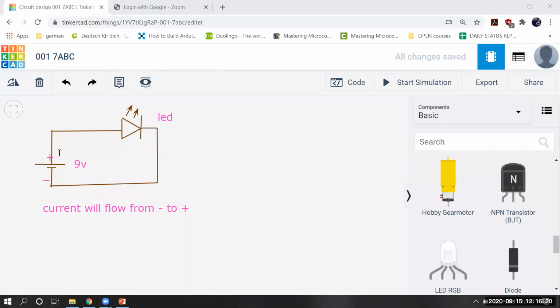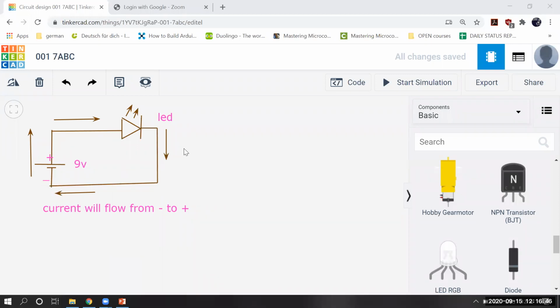It will go like this. Negative is here, so it will go in this direction, then this direction, then come back to this, and then back in this direction. Current will always go negative to positive, and then it will come back to its origin.